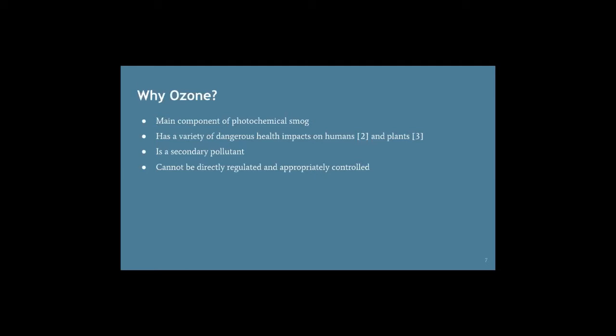Secondary pollutants are not directly emitted. Instead, they are the product of a chemical reaction between pollutants that have already been emitted, called primary pollutants. The fact that ozone is a secondary pollutant means that it cannot be directly tracked, as it is not directly emitted, which means that it is useful to have a model to forecast ozone and its correlations with other factors.